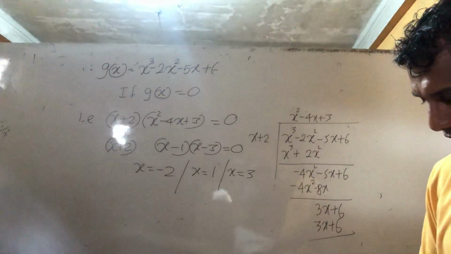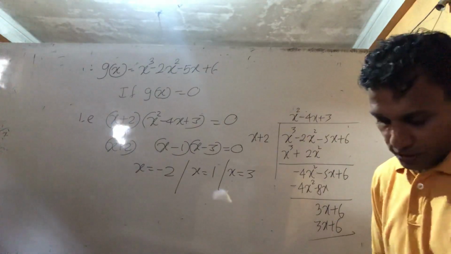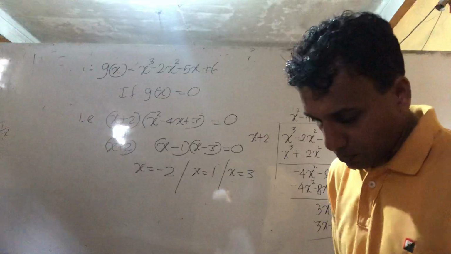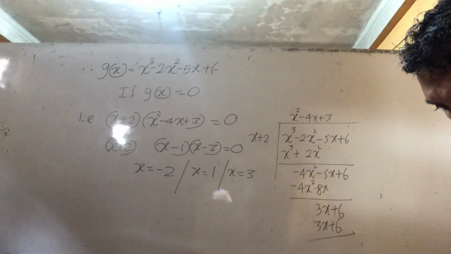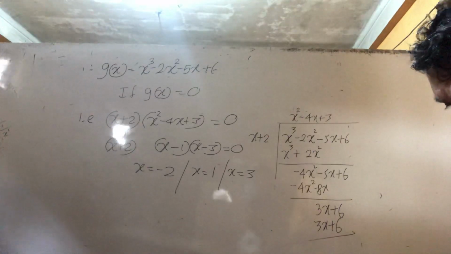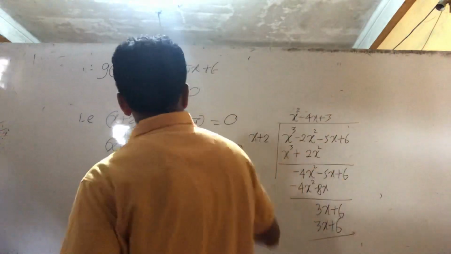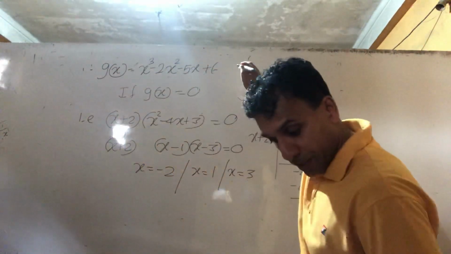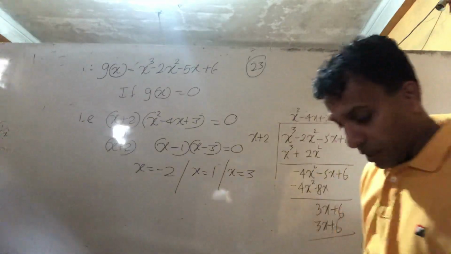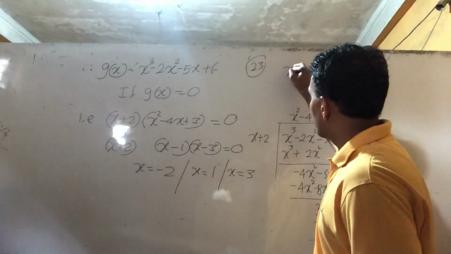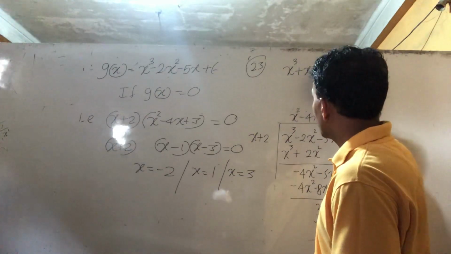Okay, next question 23. The 23rd problem, they are given that, 23rd question, given that x cube plus x minus 4